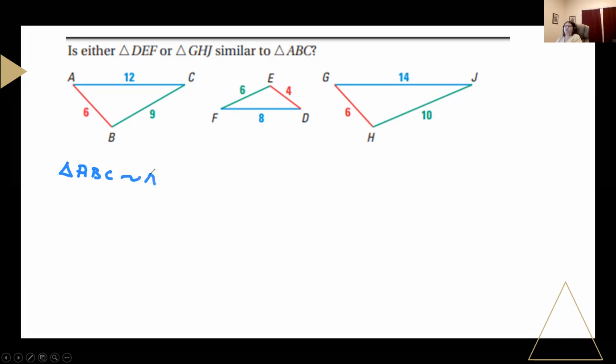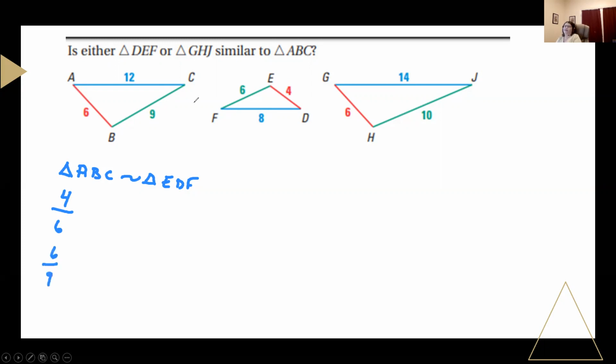I don't know if they are, but I'm checking. Hold on a minute, we were going to put the smaller number on top. 4 over 6,